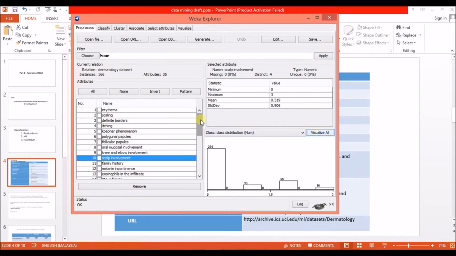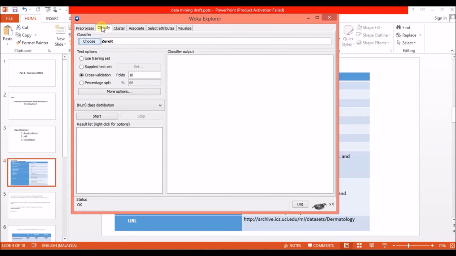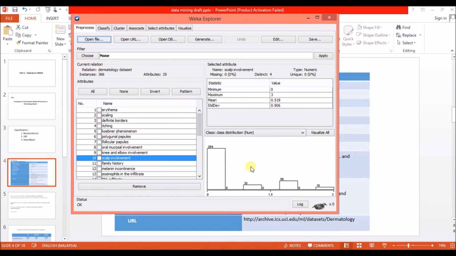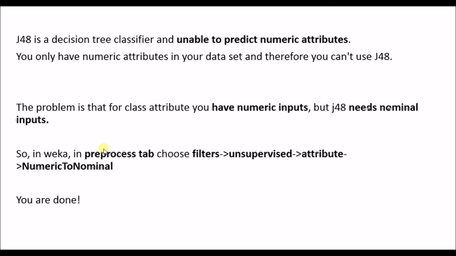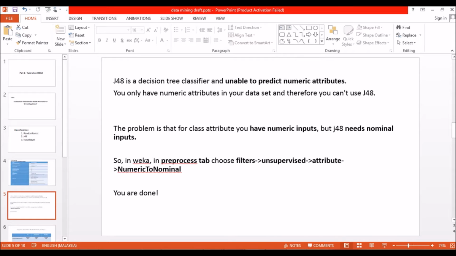However, the classifier needs a nominal input, but my input is numeric. So it is unable to predict with numeric attributes, and it needs nominal inputs. So we have to apply a filter to change your numeric input to nominal. So we go back to WEKA,